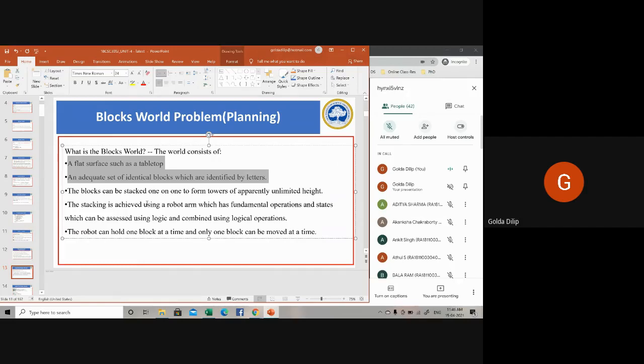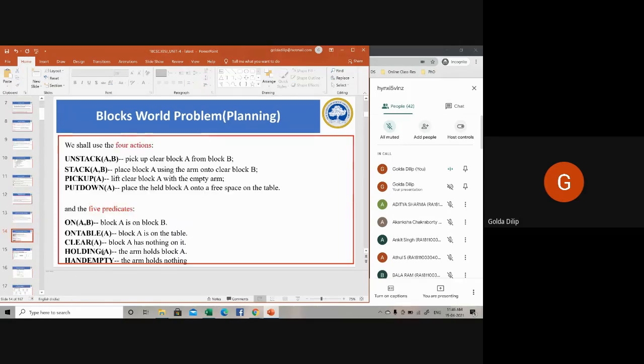Blocks are stacked one on top of the other in the form of a tower. The robot can hold only one block at a time, and only one block can be removed at a time. This is the point to be noted. The robo arm or the robot is meant for holding a block at a particular point of time, to help in the process of unstacking it and keeping it on the table, and only one block can be moved at a time.